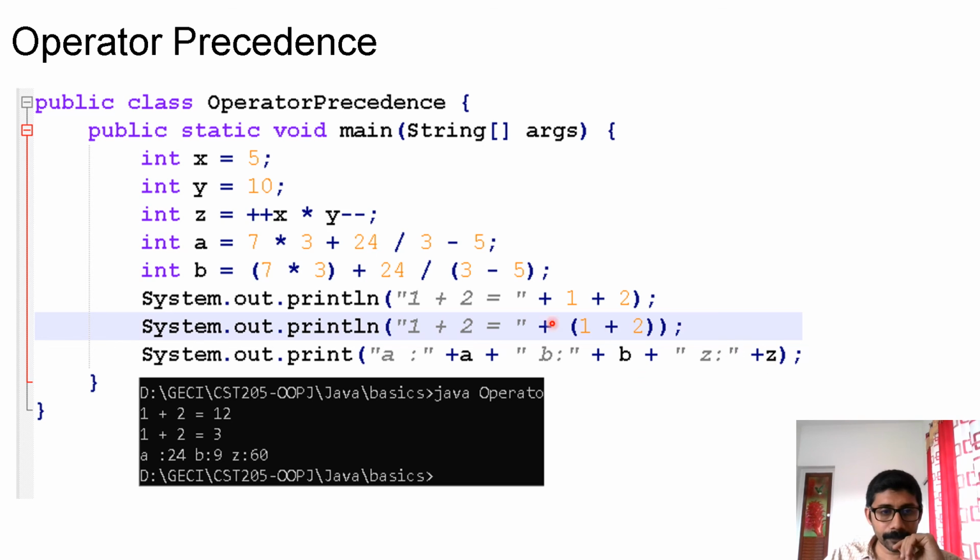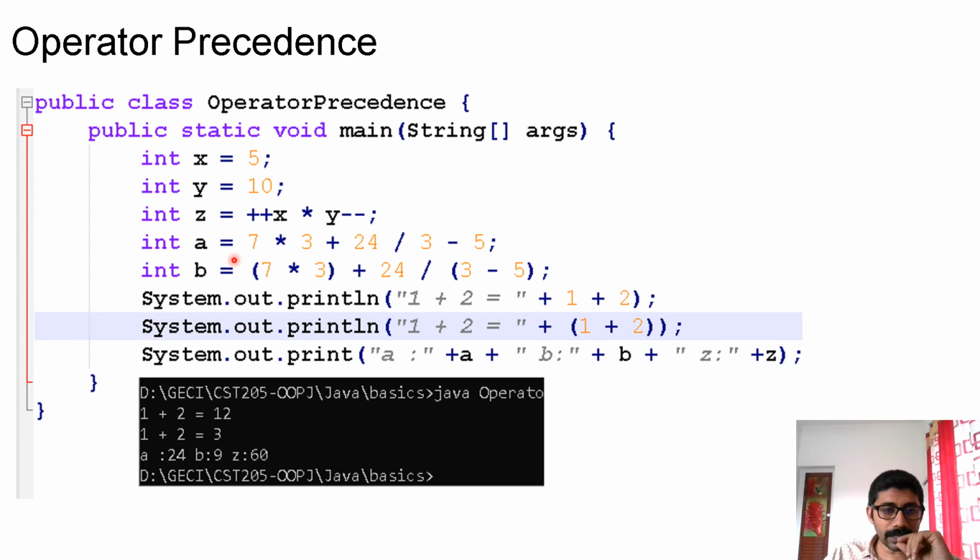It will be plus plus x, where x is 5: first increment, then use, so it becomes 6, star y minus minus. Y is 10, so use, then update. My multiplication will be 6 into 10, and that value is stored to z. After that, the y value will change. That is why in the result you are getting z equal to 60.